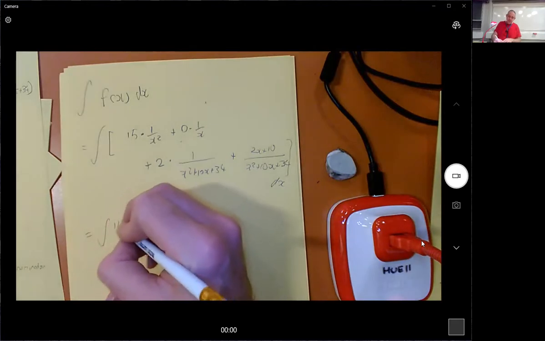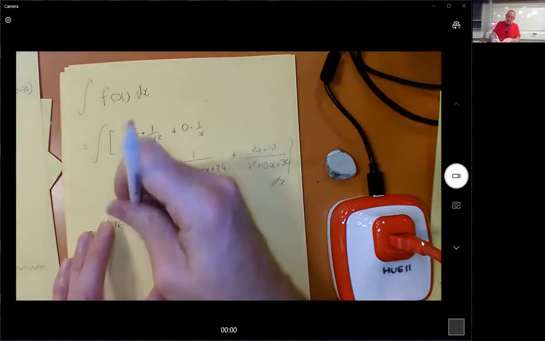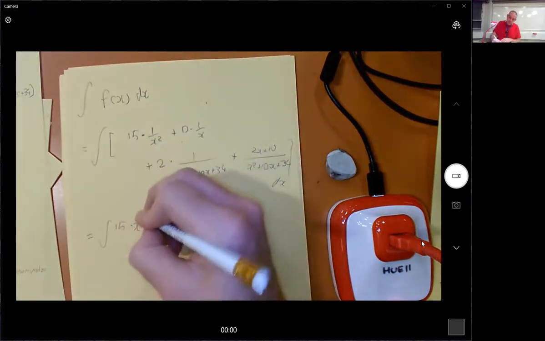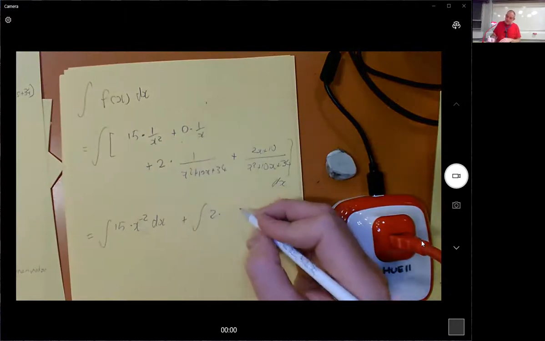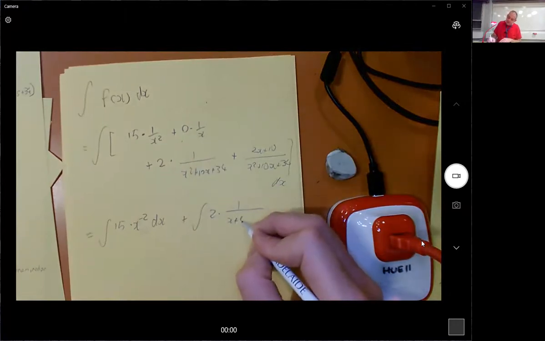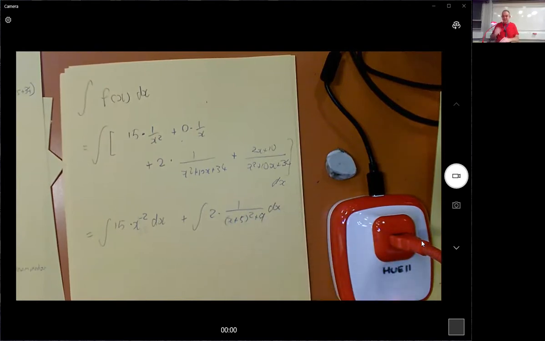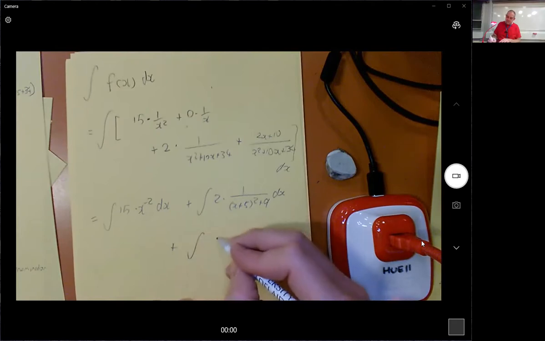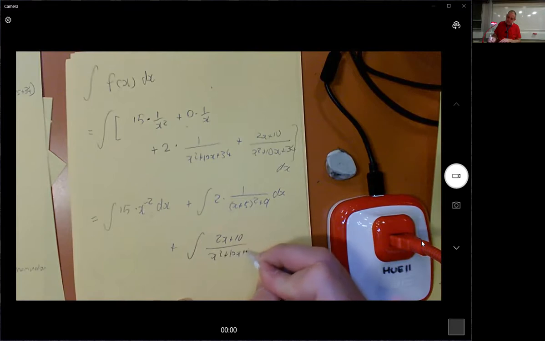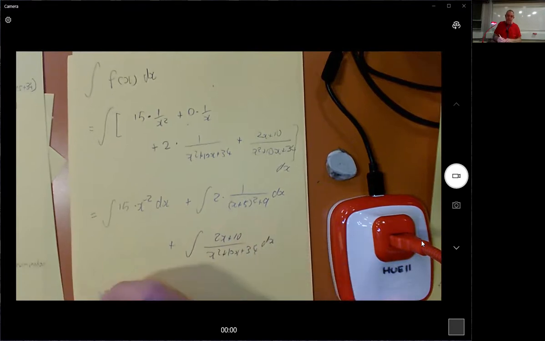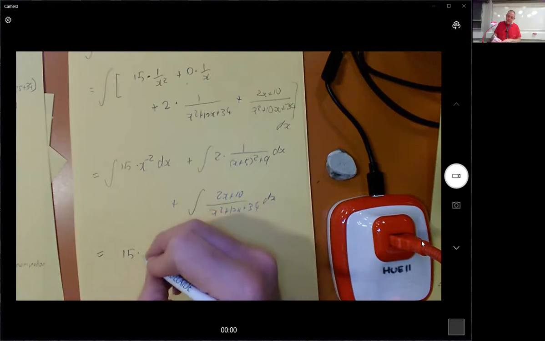So I've got 15 times 1 over x squared. That I know how to integrate. I'll be okay. I'll write that as an x to minus 2 and I'll be fine. We don't have any of those, so that's fine. 2 lots of, now I have to rewrite this in order to integrate it. This one will work out to 15, power up by 1, x minus 1 divided by new power,